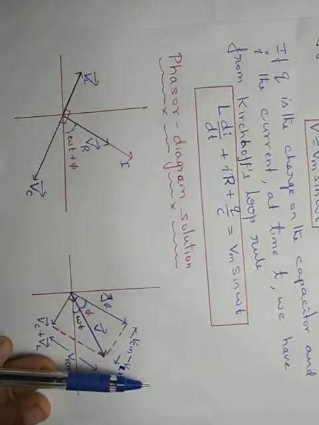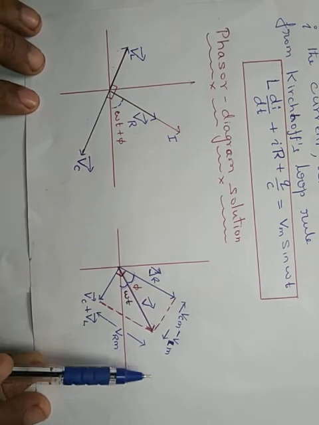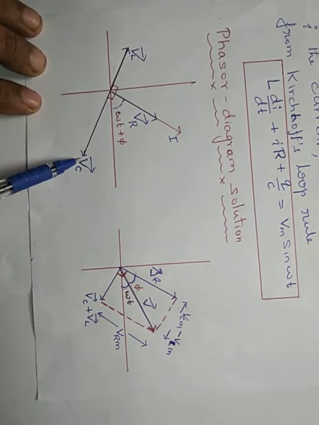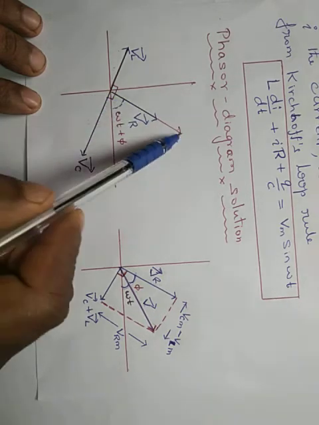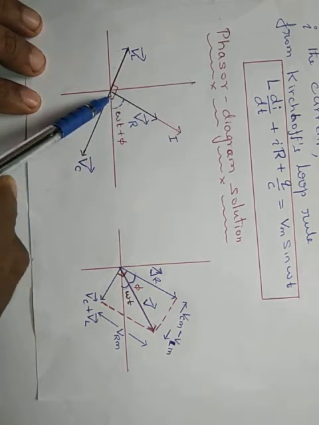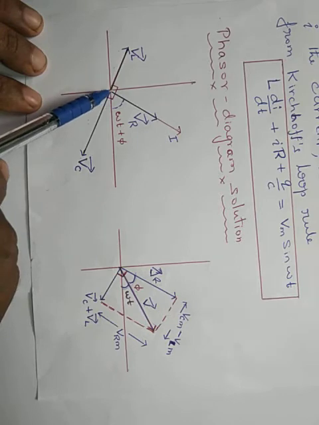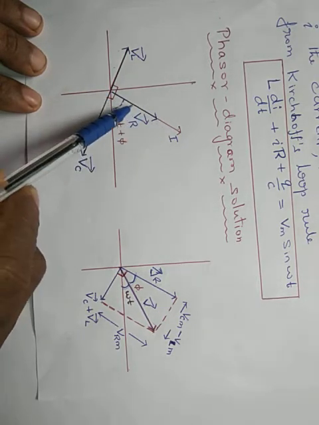To get the impedance, you have to solve using the phasor diagram. Very, very important. Here we know VC is pi by 2 behind the current I. VR and I are parallel to each other, because we know that for an AC voltage applied to a pure resistor, both current and voltage have the same phase.